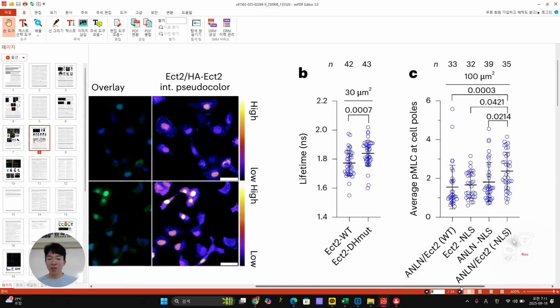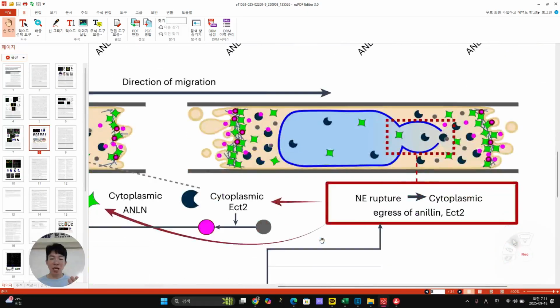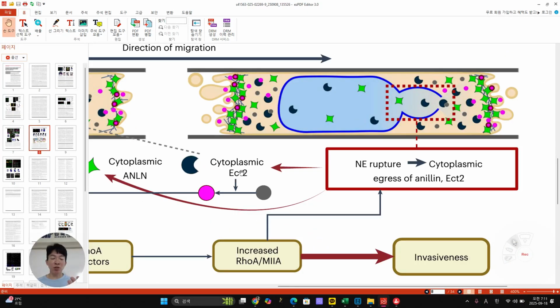And then similarly, they check lifetime. Lifetime is like RhoA activity. When lifetime is low, RhoA activity is enhanced. So what is the wild type and the DH mutant? When they use the DH mutant, this is not happening. When cytoplasmic Act2